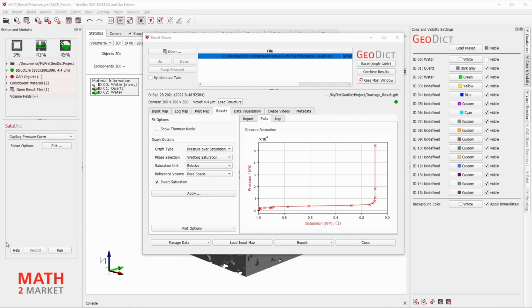For each phase, you can look up the saturation plot, and by selecting another phase, the corresponding saturation.